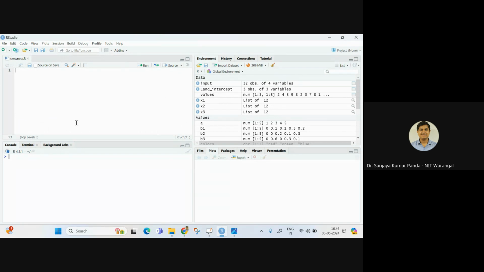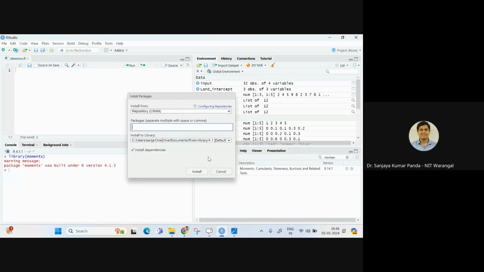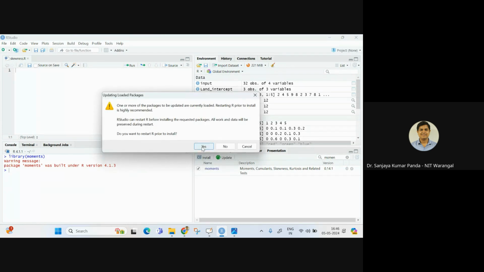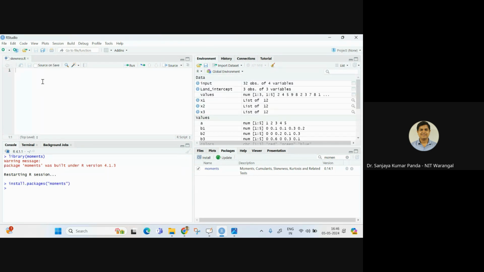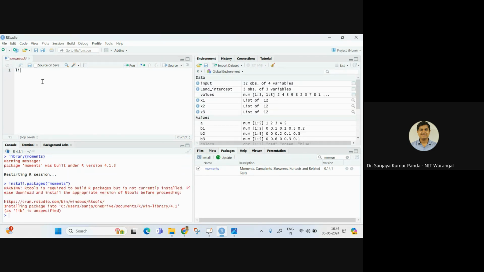But the skewness function is available under a package called moments. So if the moments package is there, then that's fine. I can search here and check moments. If it is not there, you have to install it. Okay. Now it is installing the moments package. Once the moments package is ready, I can write library